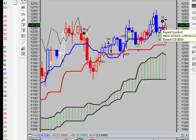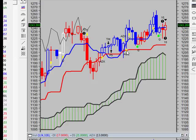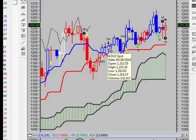You're either going to get a 1 here with a 10 on the top, or you're going to get a 3 with a 52 on the bottom, and I'll explain that when you get to that too. Same thing that happens with these with the ADX signal and the V signal. This TK simply means that the Tenkan-sen crossed the Kijun-sen, and that lets you know that money flow is either negative or positive at that